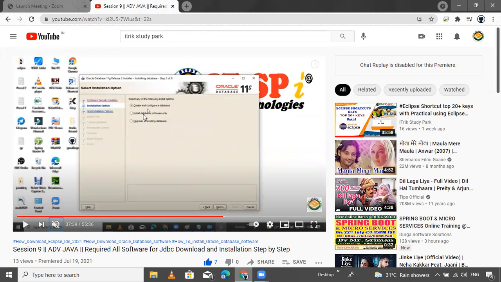I chose this and it installs only the database software. But if you choose this one, it will create and configure the database software. Then it will ask for the database configuration. So watch this video, change these things, and it will automatically ask for everything. Hit enter. That's it. Put in all the details.